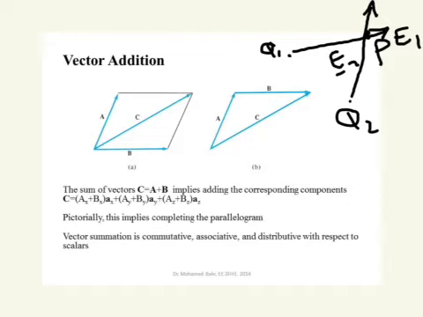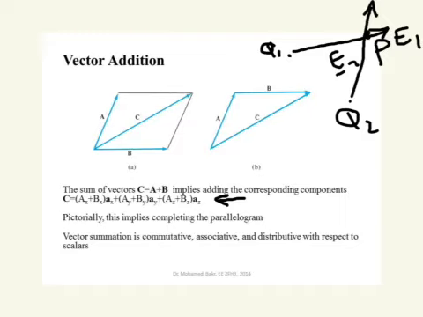So how do we sum vectors? There are two ways of looking at it. The first one is considered in the diagram on the left. You have a vector A and a vector B. In order to sum them, you draw, as shown on the right, the vector B from the end of vector A, and the vector C will be the vector closing the triangle, the third edge. Mathematically speaking, this is equivalent to saying that the vector C is the sum of the two vectors. So you sum the corresponding components,